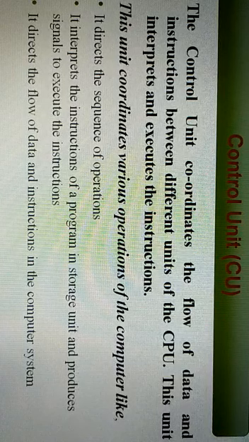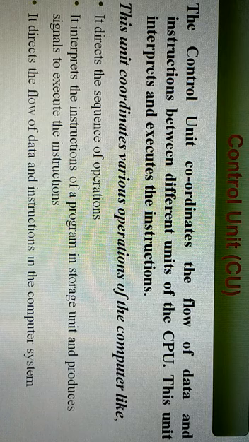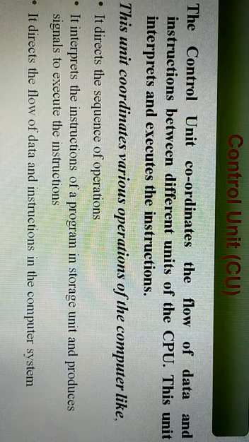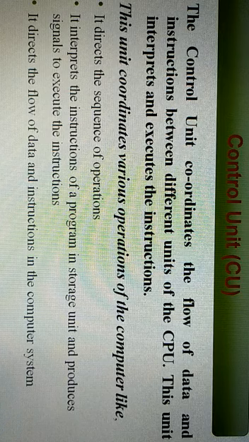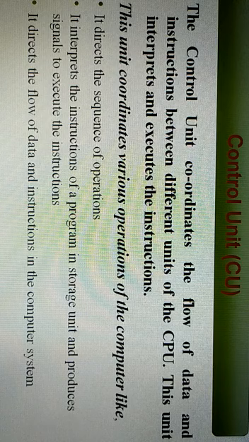So students, just consider the instructions. An instruction to the computer has at least two parts, not only in computer but in mathematics also. The first part is the operation code, and the second part is the address of the data to be operated on, that is called operand.